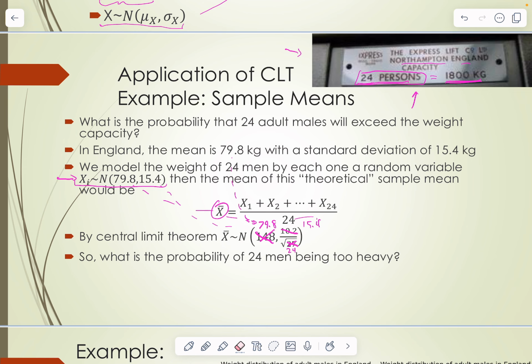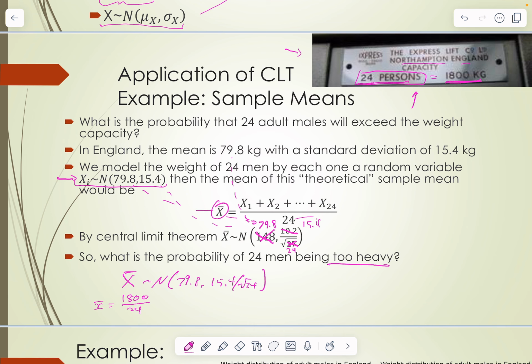So, what is the probability then of 24 men being too heavy? Now, what is too heavy? Well, if it's 24 people, then the critical average weight would be that many kilograms divided by 24. If the average weight of adult males in our sample exceeds that, then all of them together are going to be too heavy. I do that division problem and I get 75 kilograms. So I need to find the probability that capital X bar, my sample mean, is bigger than 75,